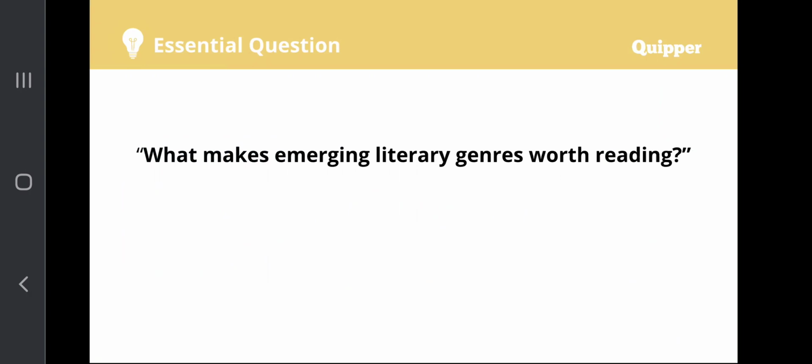Now, what makes emerging literary genres worth reading? Sir, what are emerging literary genres? These are genres, class, that are more depicted according to the perspective of specific readers, more on how they would like it to be viewed or how they would like it to be read. It does not conform to the classical notions, but instead it conforms to how modern one literary genre could become. Now, question, what makes emerging literary genres worth reading? Let's try to answer that as we go along with our discussion.